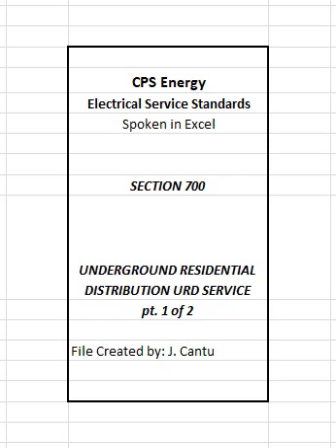An Underground Residential Distribution (URD) service lateral is installed underground in conduit from a CPS Energy transformer or secondary enclosure to the meter loop on the customer's building or structure supplies service. Customer shall request this type of service either through the CPS Energy web portal or by calling 210-353-4050.